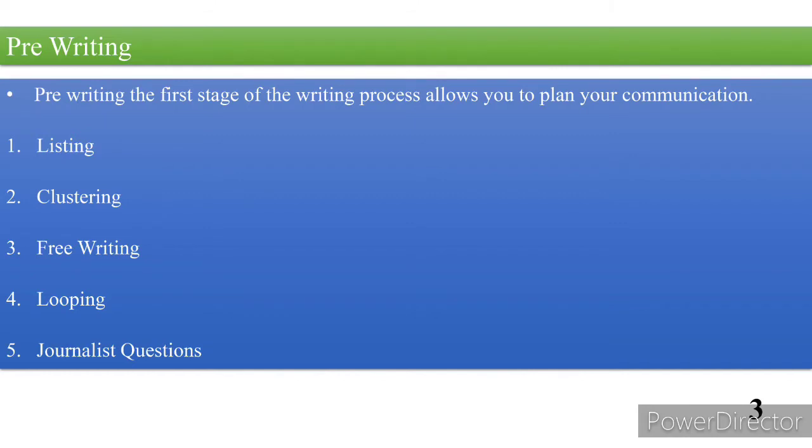Then why did the issue or problem arise, or why did it develop in that way. And the last one is how is the issue or problem significant, how it can be addressed, or how does it affect the participants. So these are the journalist questions that you may ask yourself, or I suggest you, if you write